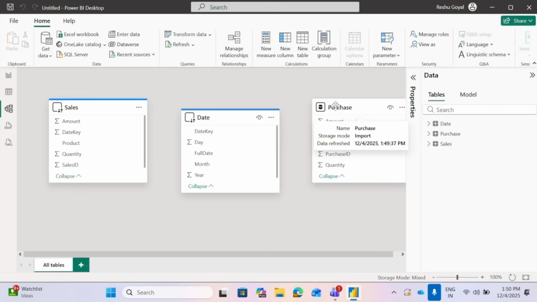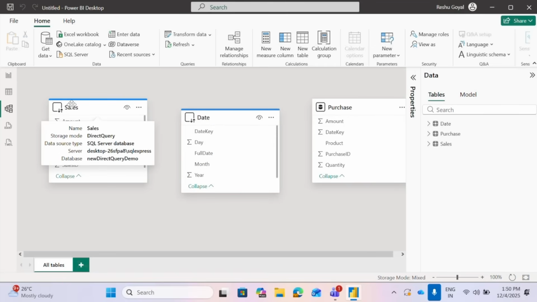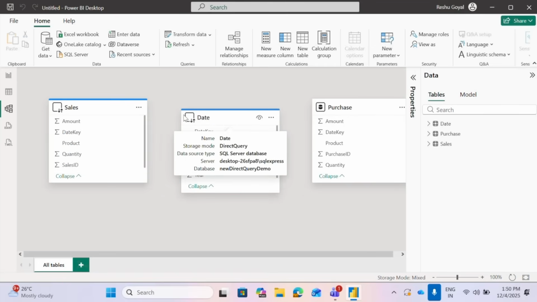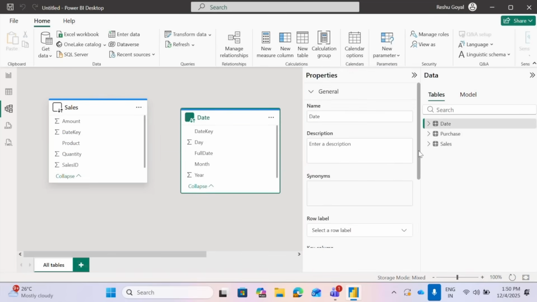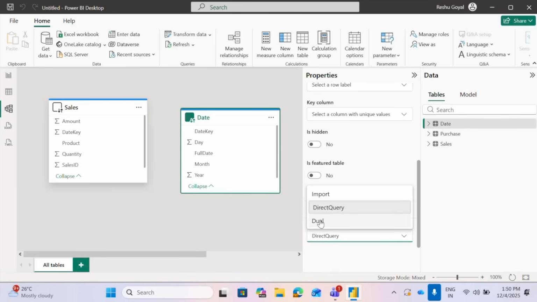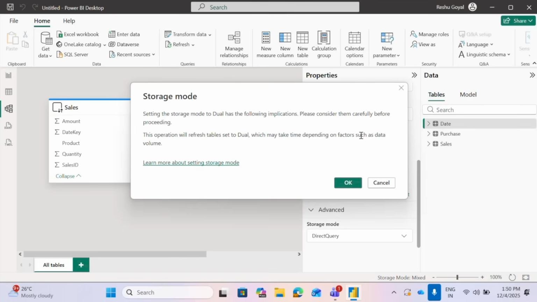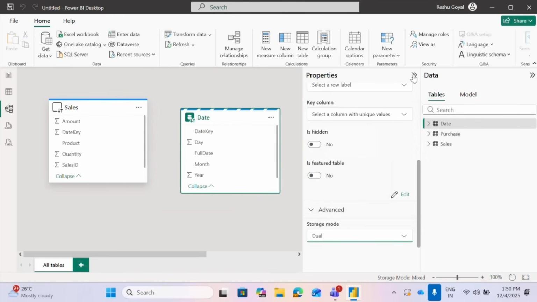To connect it to the purchase table so that it can utilize import mode, where the data is cached in the VertiPaq engine of Power BI, and to utilize DirectQuery mode with the sales table, where we can get live data, I will click on this date table, go to Advanced, and convert this storage mode to dual. It is obviously going to give me a warning, but I'm doing this intentionally and converting it into dual mode.